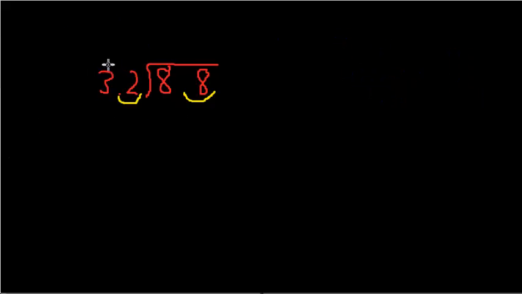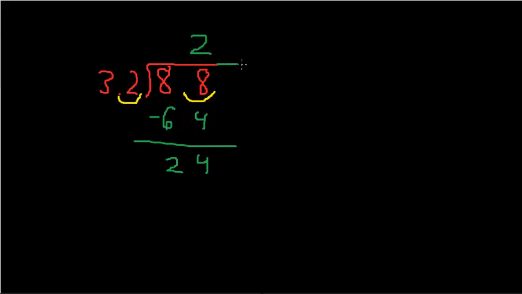So back to our problem, 32 divided into 88. 32 goes into 88 twice. 2 times 32 gives me 64. Subtract here. 88 minus 64, we get 24. So now I have to add a 0 after my decimal point to bring it down. 32 goes into 240 7 times. 7 times 32 is